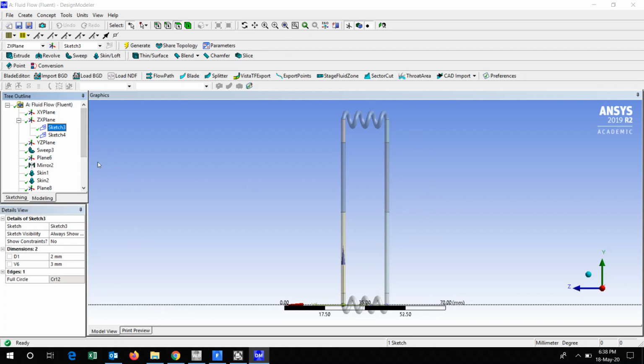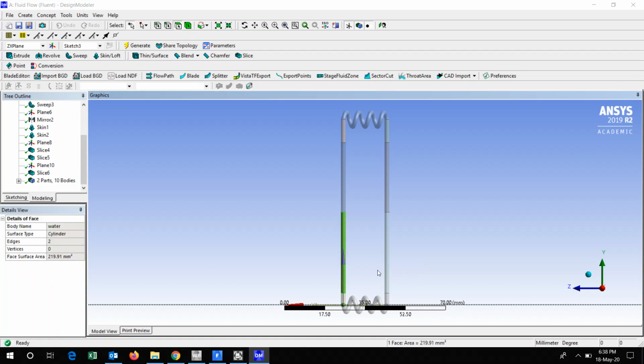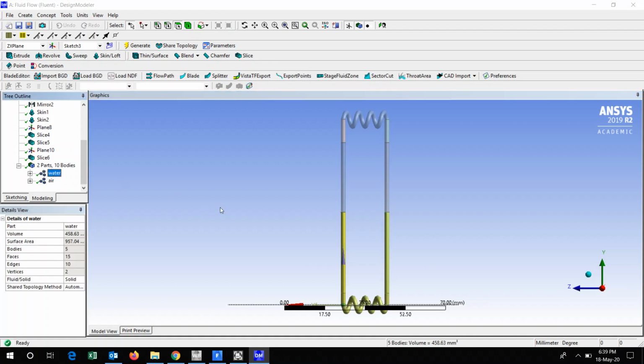Now at many places I have done this slice. Why has the slice been done? In order to differentiate the geometry. This is the part which is supposed to be the heater, and this is the part which is supposed to be the condenser section. I split out, or sliced out, this geometry because I want this complete section to be water. This can be better understood with this section: if I select this, it will show water. So I expect this to be water, and I expect this to be air.